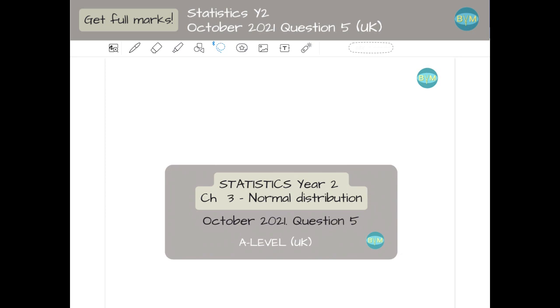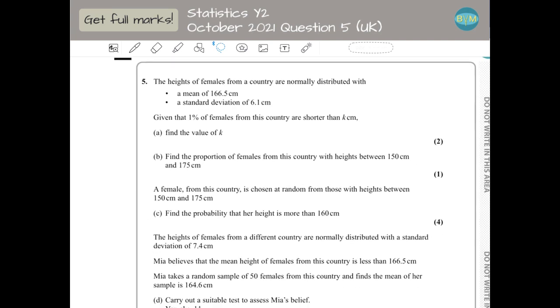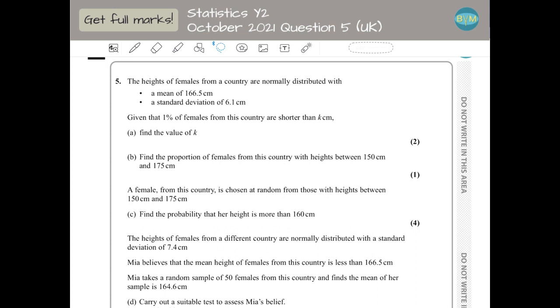Hello, this is a normal distribution question from October 2021. I'm going to show you how you can get full marks on this question, which is 8 and 11 marks in total. So we have the heights of females from a country are normally distributed with a mean 166.5 centimeters, standard deviation 6.1 centimeters. So given that 1% of females from this country are shorter than k centimeters, find the